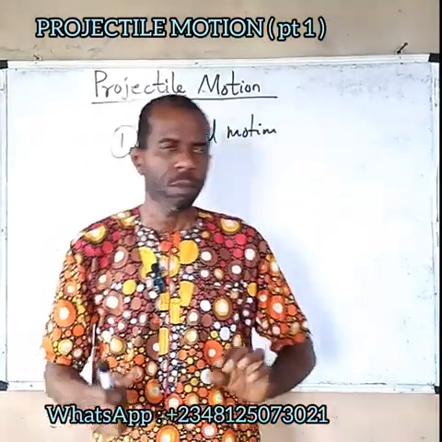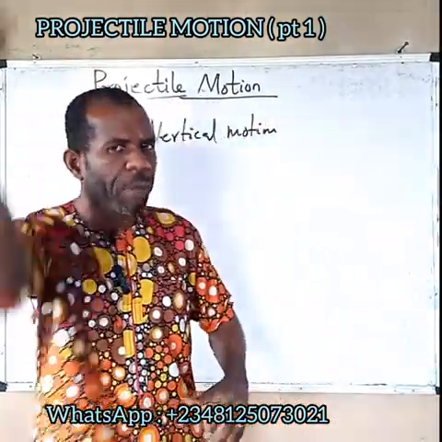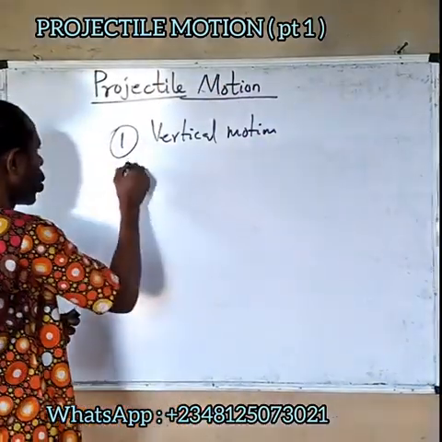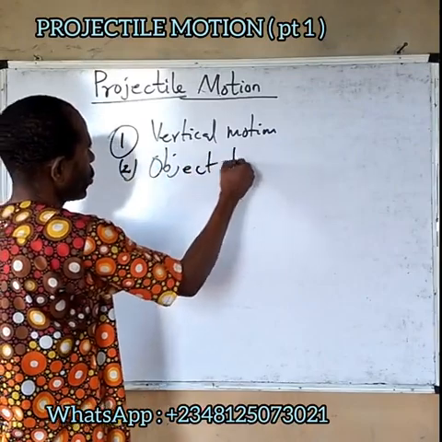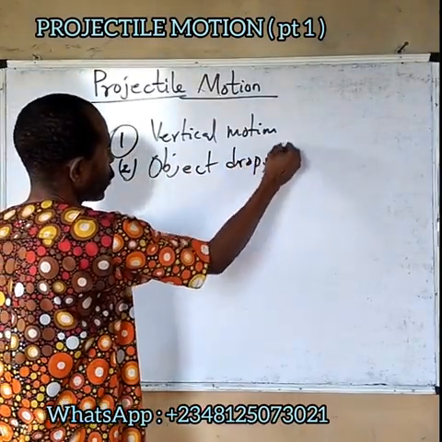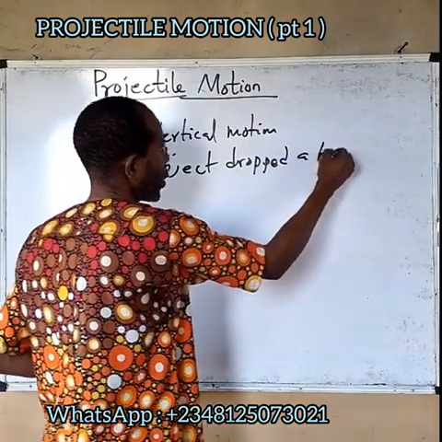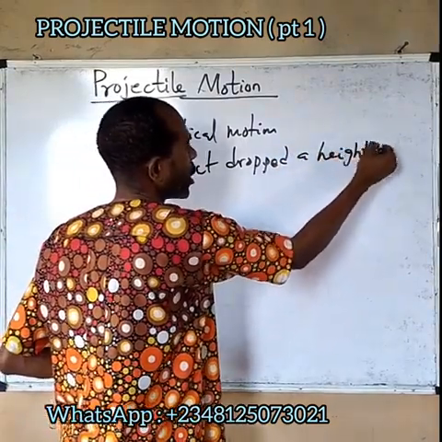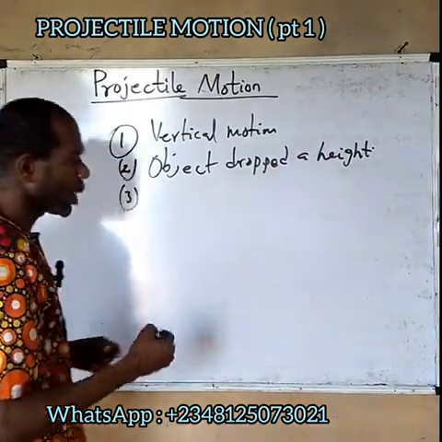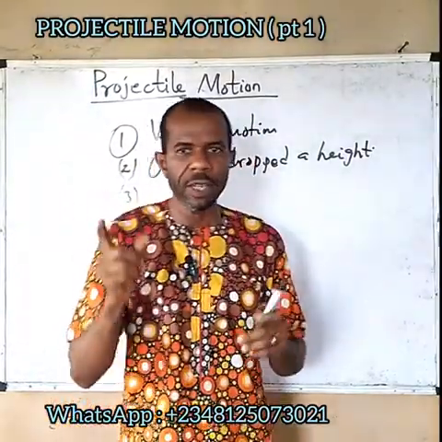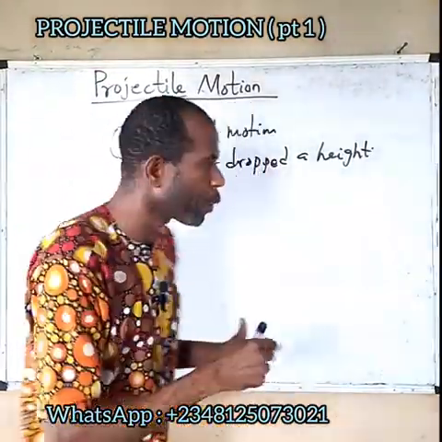Then secondly, when an object is dropped from a height, from a particular height above the ground. Then thirdly, when an object is projected with an angle of inclination,